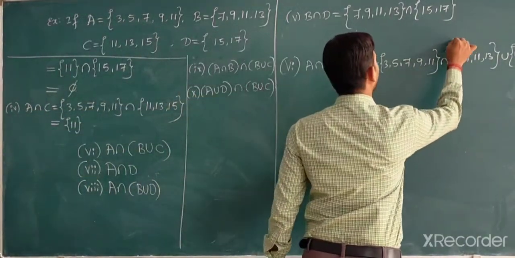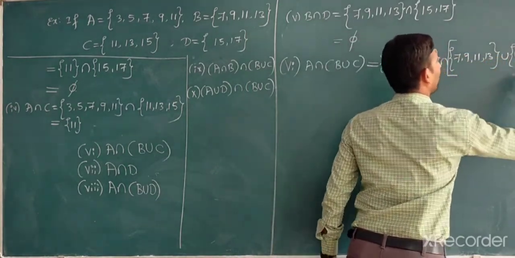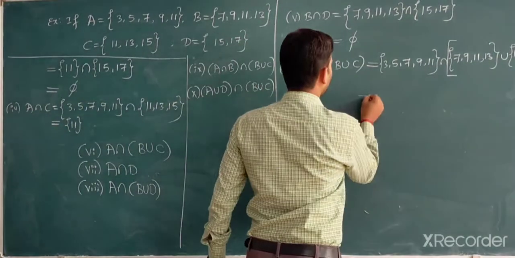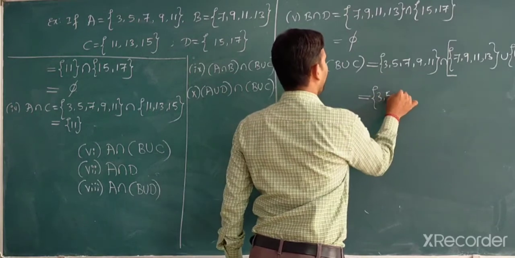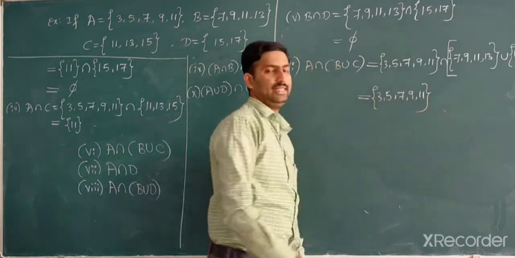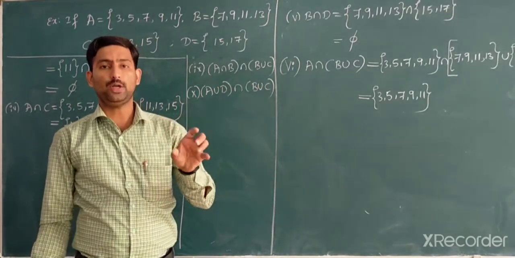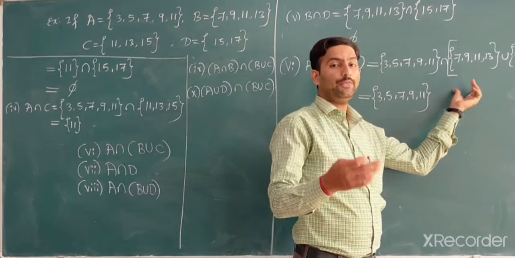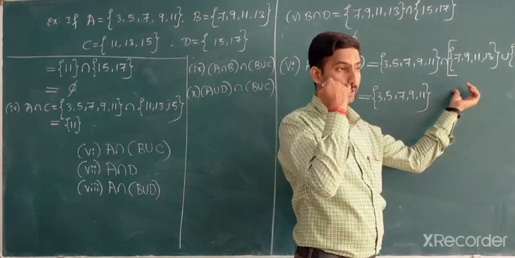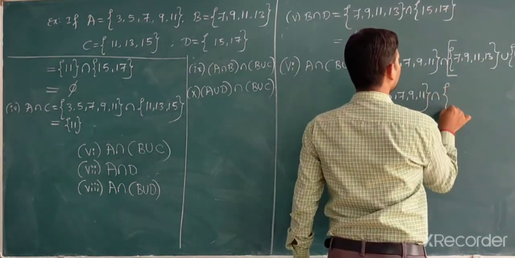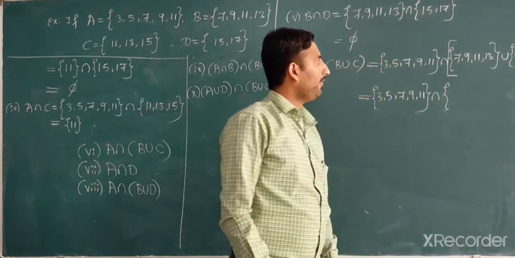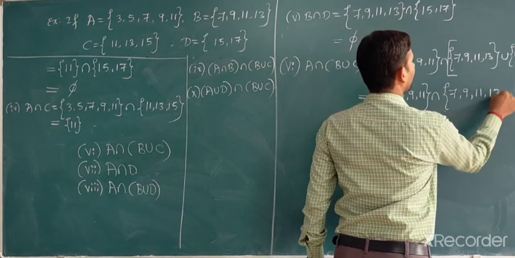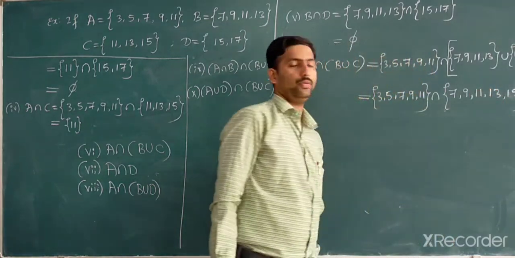They have given the preference, so you must put the brace or square bracket again. Because of preference, 3, 5, 7, 9, 11 keep as it is, because we are going to give importance to the separate brackets. Correct? If we have one more bracket, you have to take that value first into account, and after that the remaining values. B union C, 7, 9, 11, 13 union 11, 13, 15, is nothing but 7, 9, 11, 13, 15. Correct? Their union we are going to take.